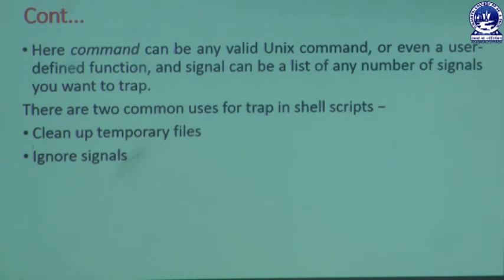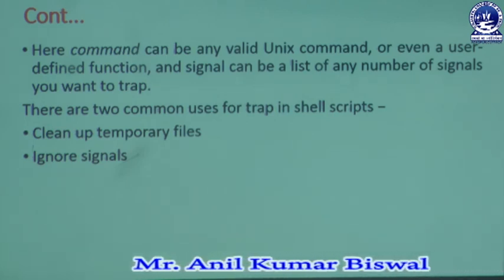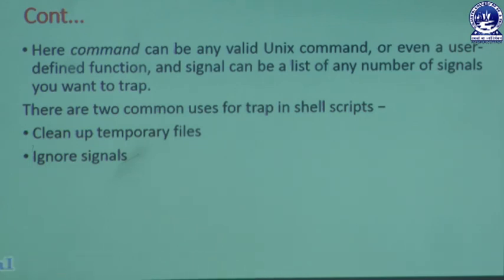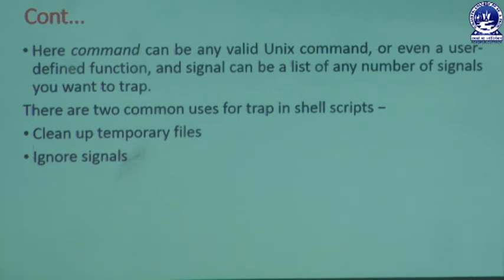So in that shell script we have two ways of application or operation: clean up temporary files, then ignore signals. If a user wants to clean up the different types of temporary files used in our Unix system, then we can use this statement, trap. As well as this trap also helps to ignore the different types of signals open in our Unix prompt. And by using that explanation we can easily get an environment through which you can ignore the different relevant information used in our Unix prompt.